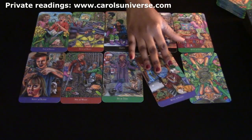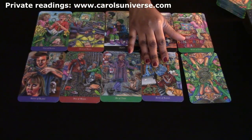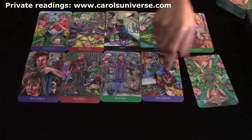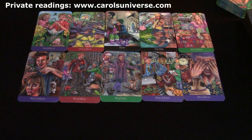Let's have a look at the next one showing here. We've got the 7. You've got three 7s in the reading. So 7s often for me mean choices. All right, so three 7s. So there's definitely a week for making choices because you've got the multiple 7s showing up here. Seven of Swords. So Seven of Swords can be to avoid, or you can see here stealing showing here. Seven of Swords energy showing that. Oh, the Nine of Swords. I think that some of you guys, you seem to be...